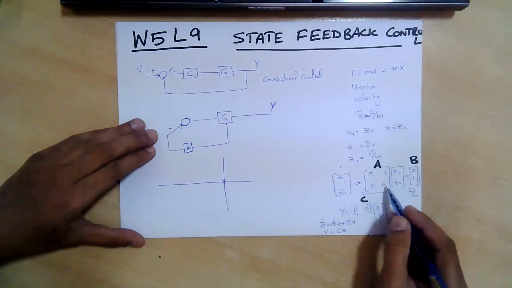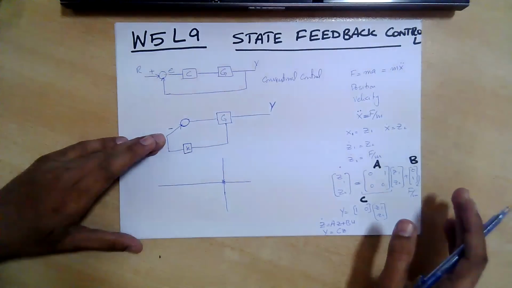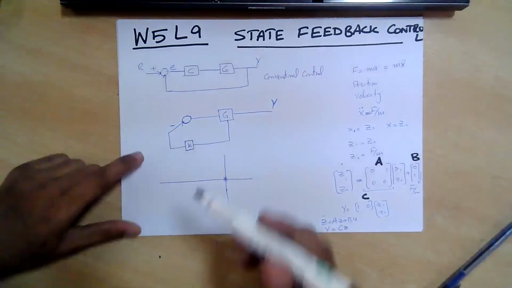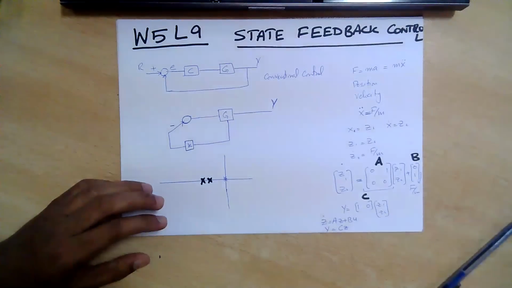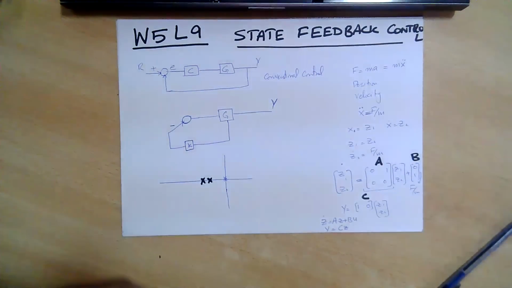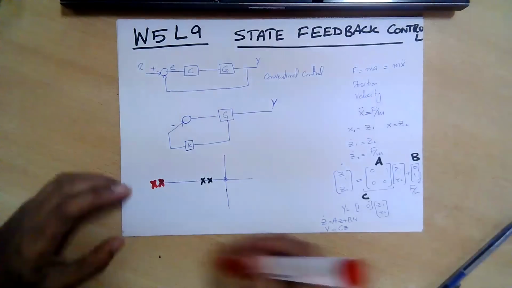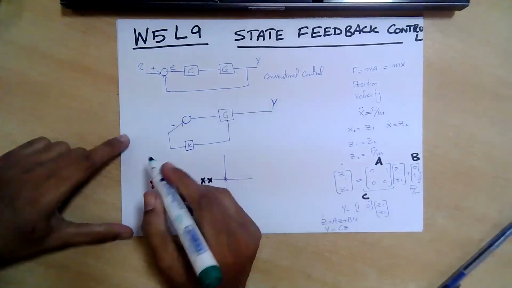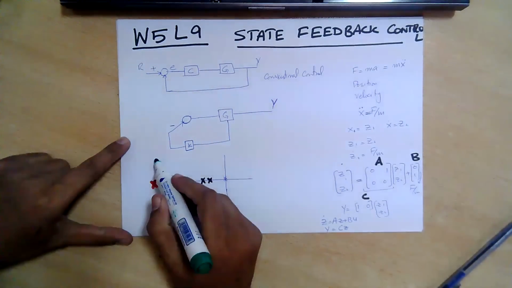State feedback control allows us to place the pole anywhere. You can place the pole over here, or if I want to make the system faster, I can place the pole deeper into the stable region. Even better, if I want to have some oscillatory response,